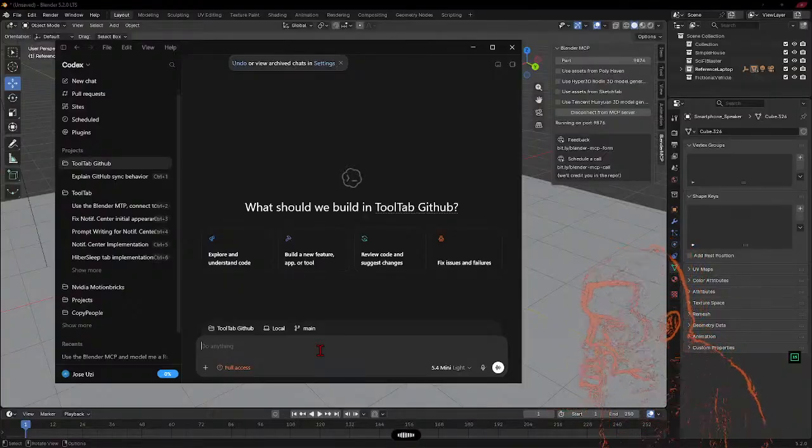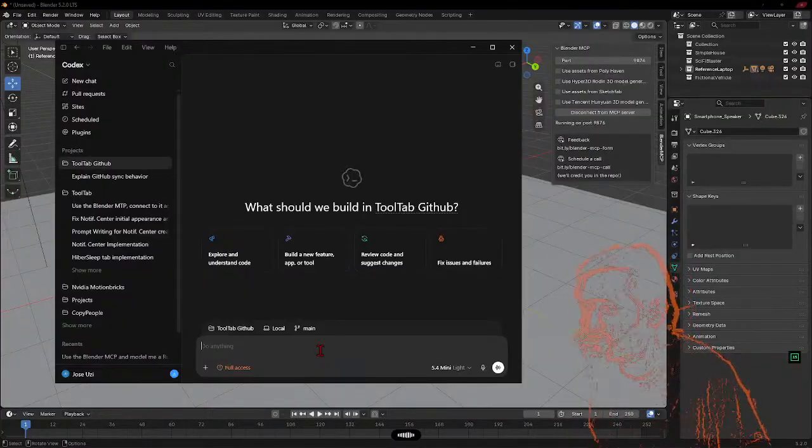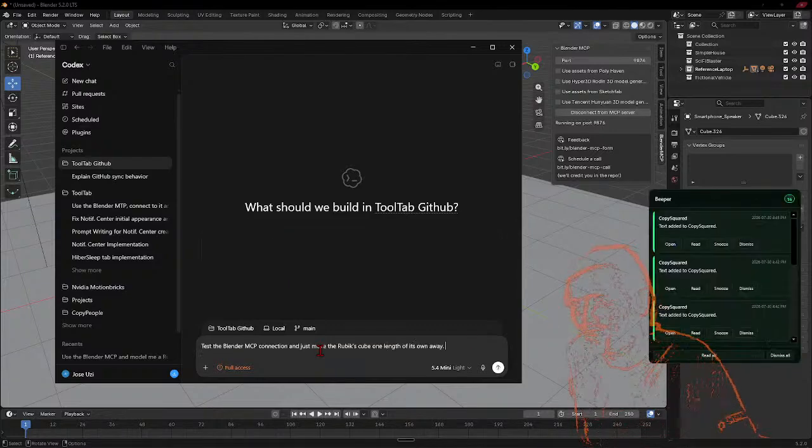Test the Blender MCP connection and just move the Rubik's Cube. Move it some distance away, one length of its own length, however you want to call it. Anyway,